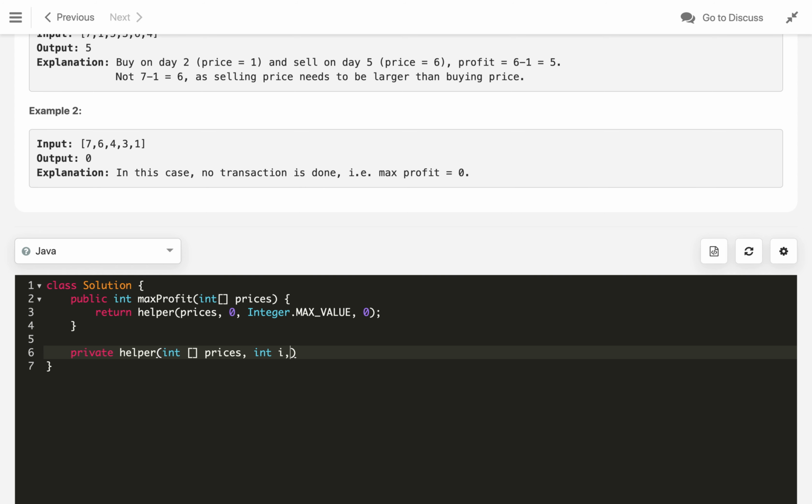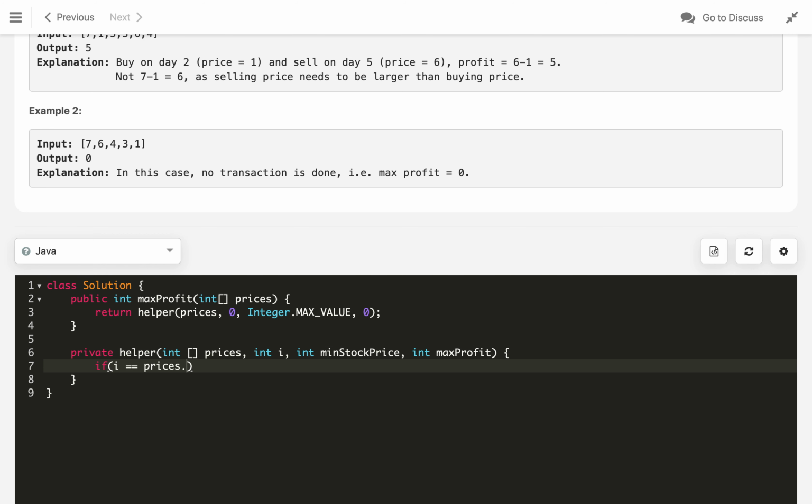So this will be the index, we are iterating from 0 to the end of the array, and this is the min stock price and the max profit we are gaining so far. If we reach the end of the array, basically prices dot length, then we just return the maximum profit.